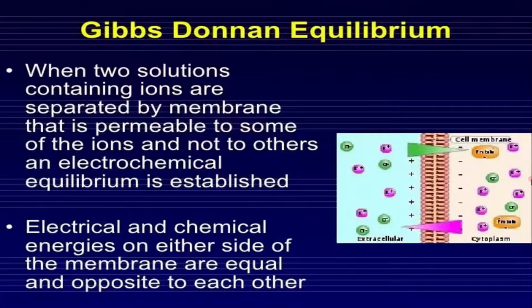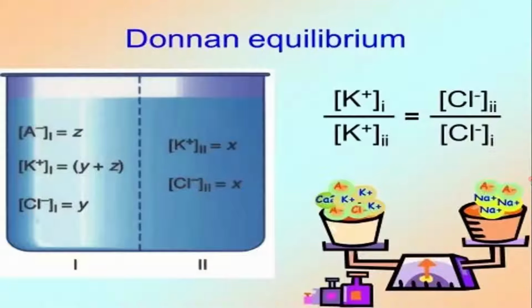Now we come to the Gibbs-Donnan equilibrium and Gibbs-Donnan equation. At rest, during the resting membrane potential, what will happen to maintain an equilibrium? You see here what is present? Protein. This is negatively charged, and the cell membrane is impermeable to it. So the other ions have to be distributed in such a way that equilibrium is maintained, considering this protein. That is the equilibrium of ions at rest, the resting membrane potential.